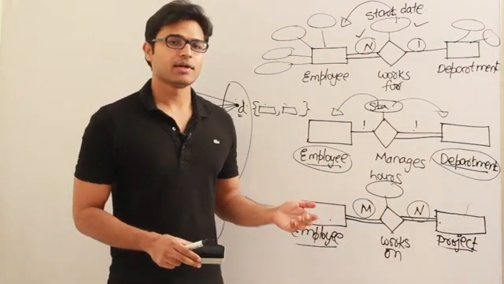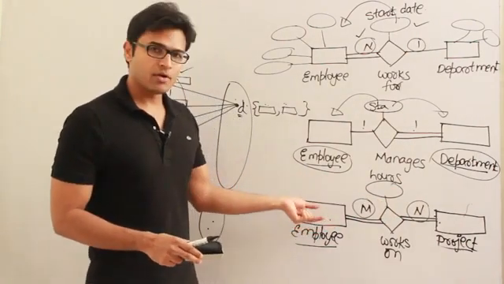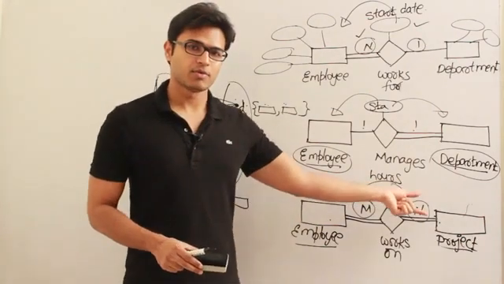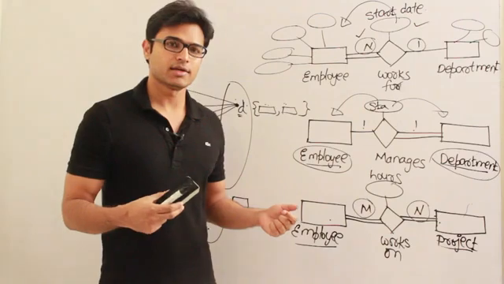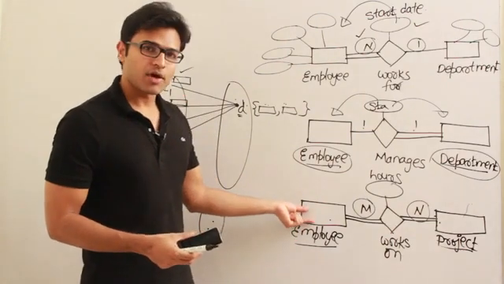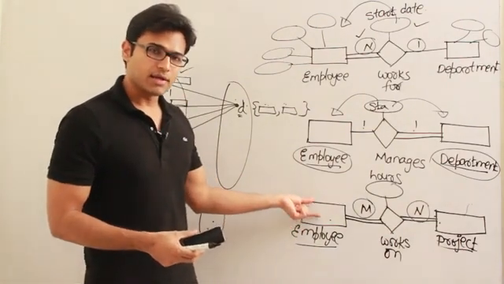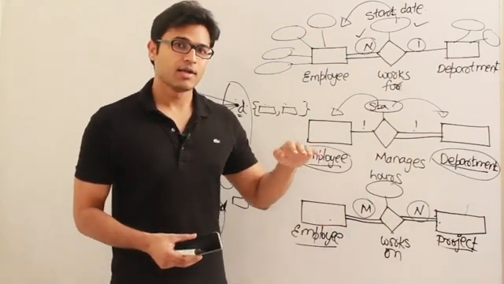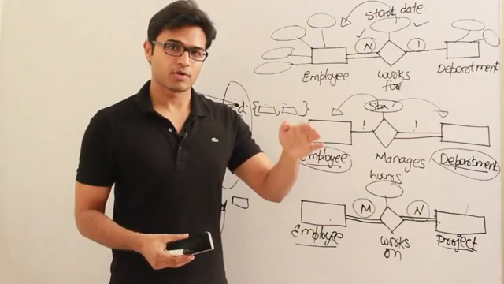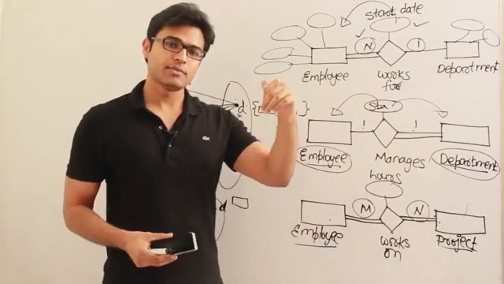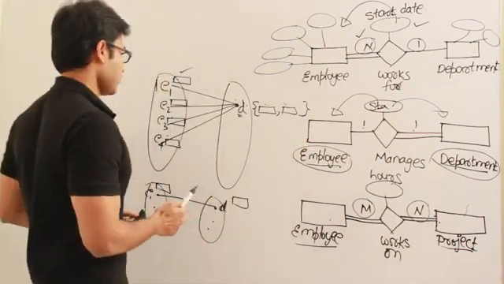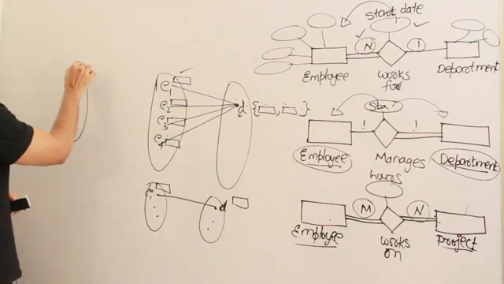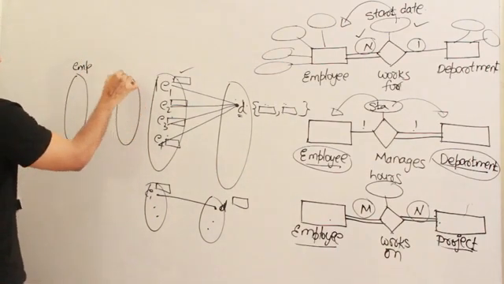You cannot decide about the hours only depending on the employee, or only depending on the project, because what I wanted to write here is the number of hours an employee is working on a particular project, and there are various employees working on a project, and for a project there will be various employees like this. See, what I mean to say is, if there are employees here and there are projects here,